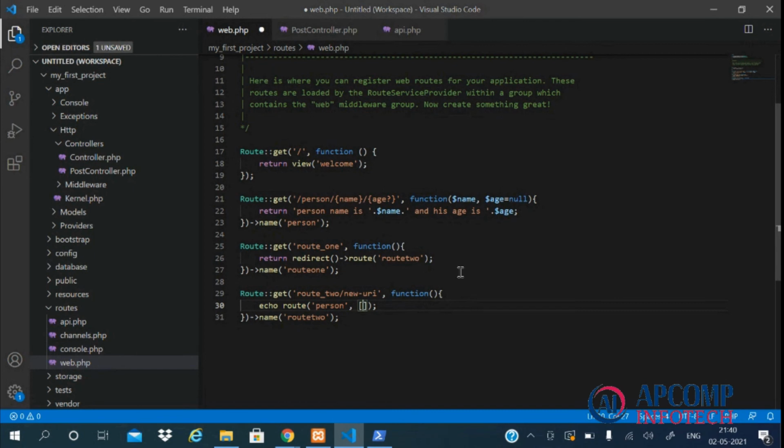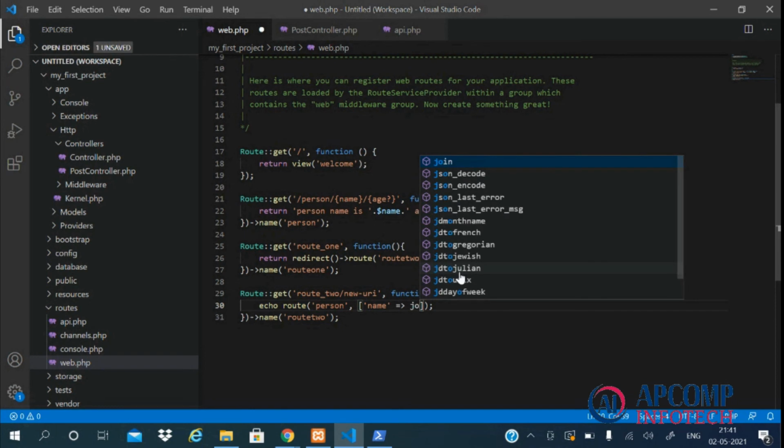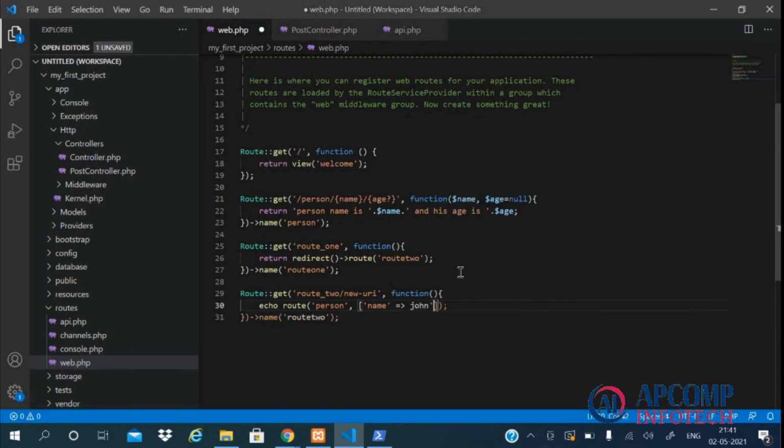So our first parameter is name, and we'll pass its value like John, and the second parameter is age, and we'll pass its value as 24. So when we will echo this route, it will create a URL for us for this route with name as John and age as 24.